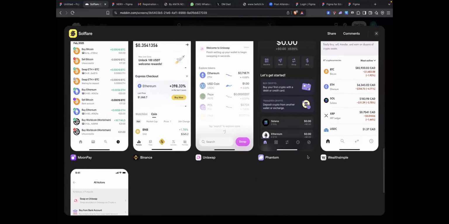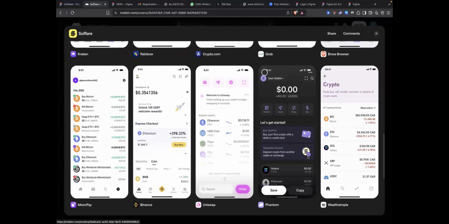And that's one thing about UI UX design. Don't actually be in one space. Try to evolve over time, looking at different wallets, looking at different products, so that you can improve. You don't have to be in the same space, doing the same login pattern every time that you're designing. Every time you just have to check different products.